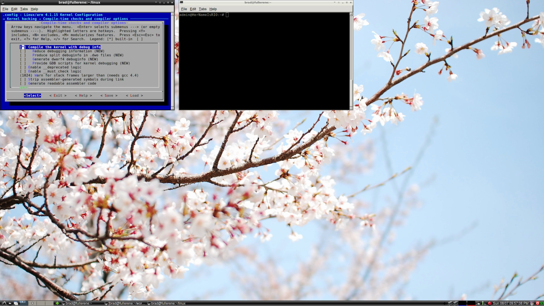So let's go ahead and compile the kernel with debug information. And we will go ahead and enable the kernel debugging subsystem. You can see here's an angle brace option, which if I hit M, this will build it as a module instead of being built in. But for our purposes, I'm just going to build it into the kernel. And I'm also going to enable the KGDB, KDB